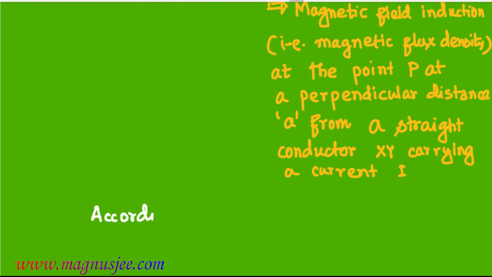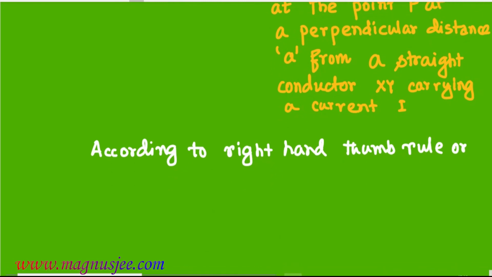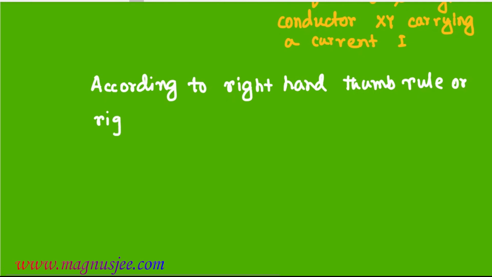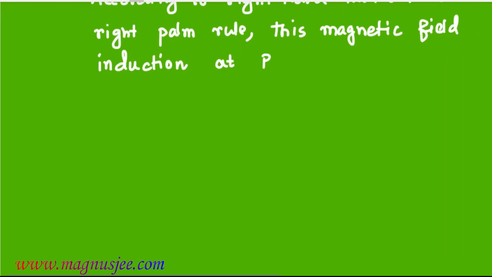And according to the right hand thumb rule or right hand palm rule, this magnetic field induction due to a straight conductor carrying current I, this magnetic field induction or magnetic flux at the point P is perpendicular to the plane containing vector dl and vector r, and we can draw the diagram again to explain